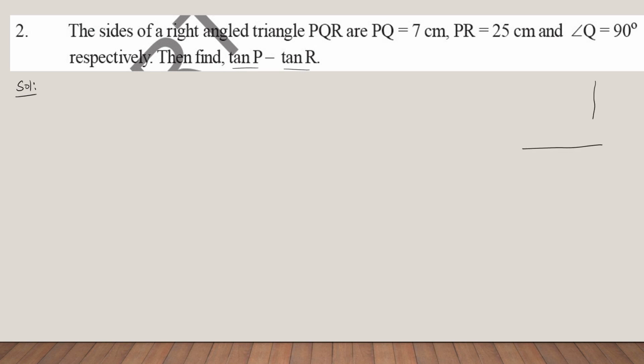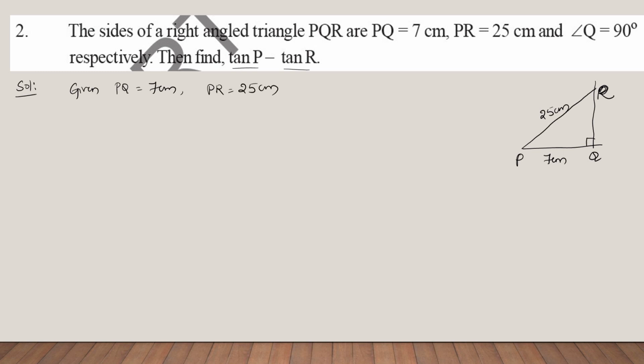Now let us see how my right angle triangle looks here. What he has given, angle Q is equal to 90 degrees. So from this clearly this is P and this is R. As per the question, PQ is given as 7 centimeters and PR is given as 25 centimeters. Now do we know the value of RQ? We don't know the value of RQ, right? If you observe carefully, given that PQ is equal to 7 centimeters and PR is equal to 25 centimeters.